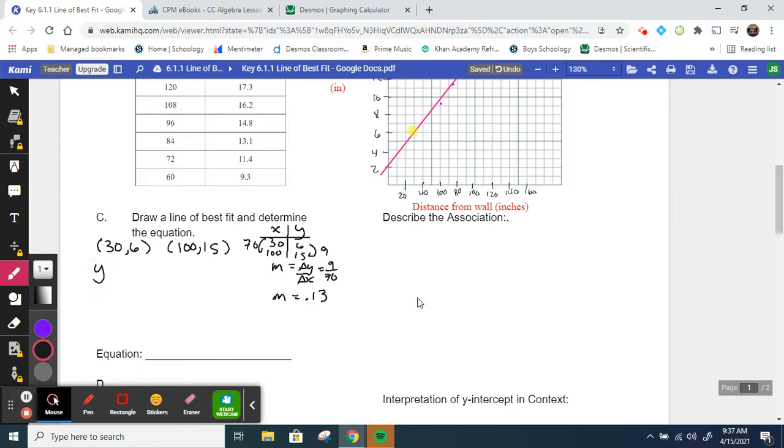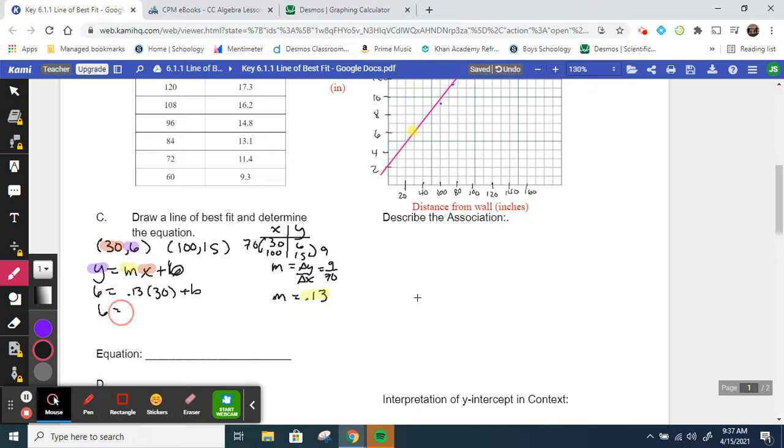So we're going to use that strategy where I pick either one of these points, and I'm going to put the 30 in place of my x, and the 6 in place of my y, and my slope is 0.13, so I'm going to put that in place of my slope, and then I'm going to solve for my b value. This is a b. It looks like a 6. It's supposed to be a b. So if I do 0.13 times 30,